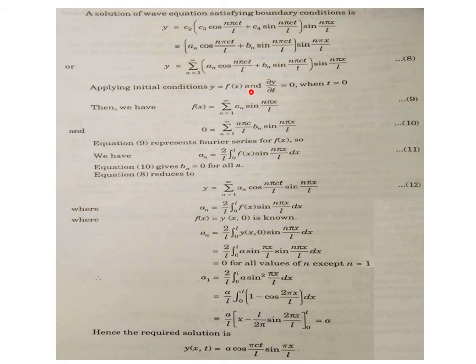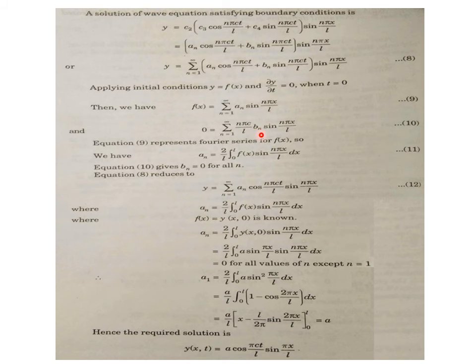Now these two equations are the equations using which we have to find the values of an and bn. If we observe equation 9, one important feature of Fourier series must come to your mind, because if f(x) is in this form, then it is nothing but a series of sines only, a half range sine series, and that constant an can be obtained for the half range sine series for that function f(x) through this formula: an equals 2/l, integral 0 to l, f(x), whose form we will substitute in some further steps, sin(nπx/l) dx. You must remember the formula from the chapter on Fourier series.